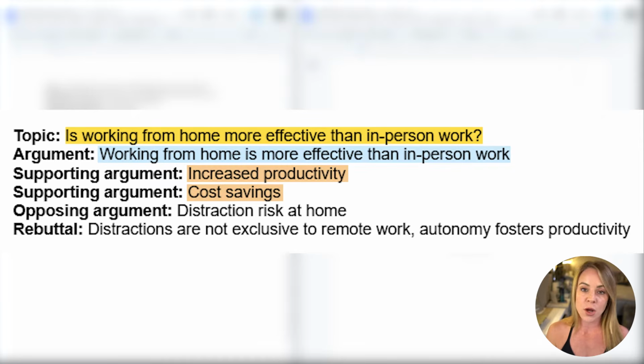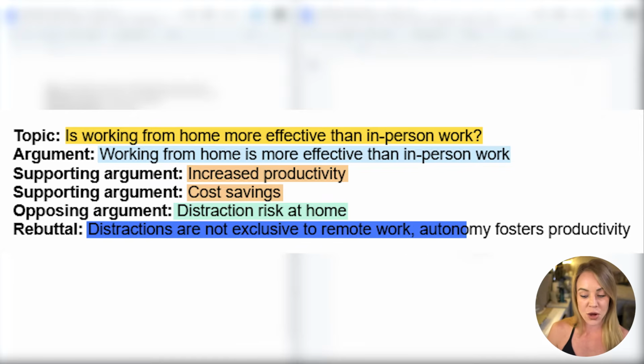When we get to our opposing argument, we're going to argue that there is a higher risk of distractions at home. Our rebuttal, we're going to rebut this by saying distractions are not exclusive to remote work and that autonomy fosters productivity. Okay, cool.